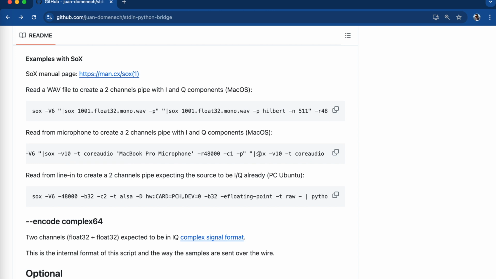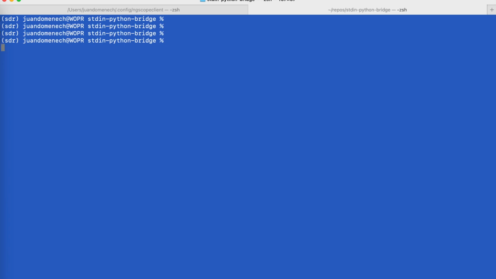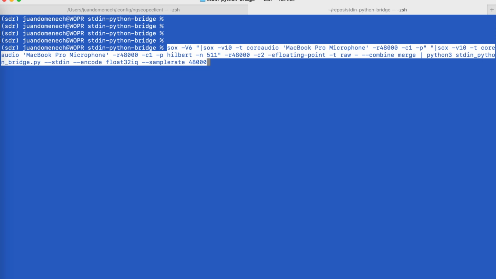Obviously, this demo is running on a MacBook. In your case, things are going to be different if you're using a different operating system. I cannot really help you much in the case of Windows and Linux. There is a lot of documentation, but specifically for Mac users,